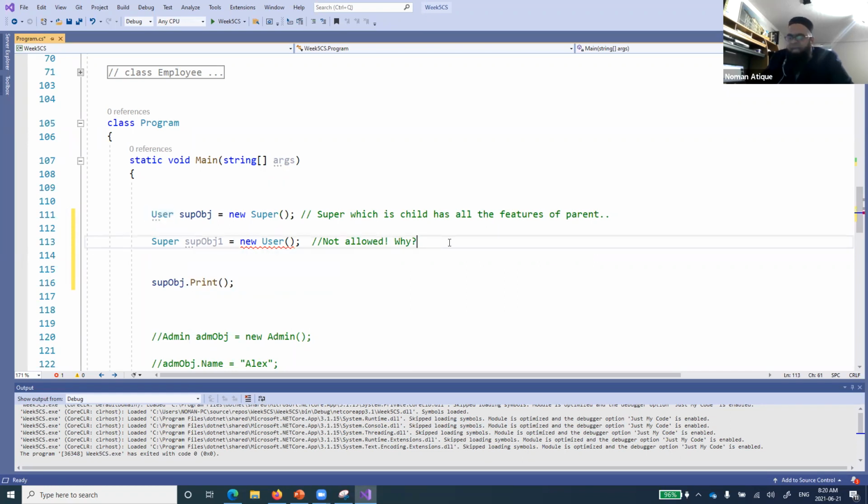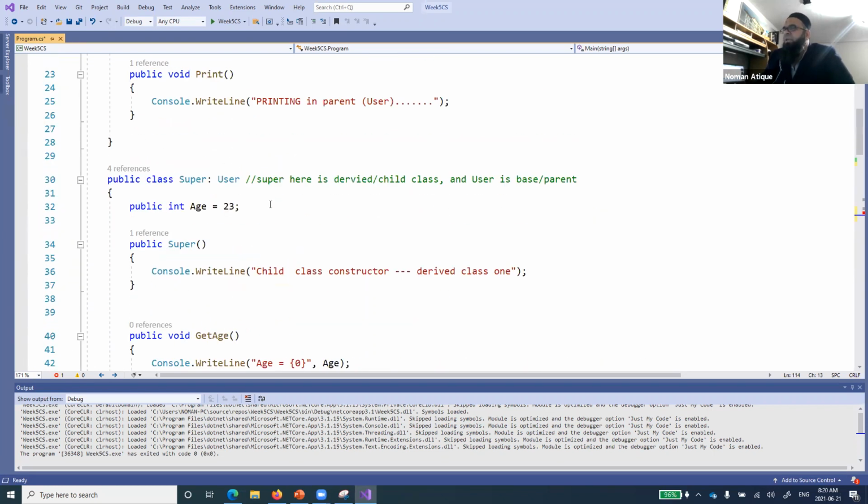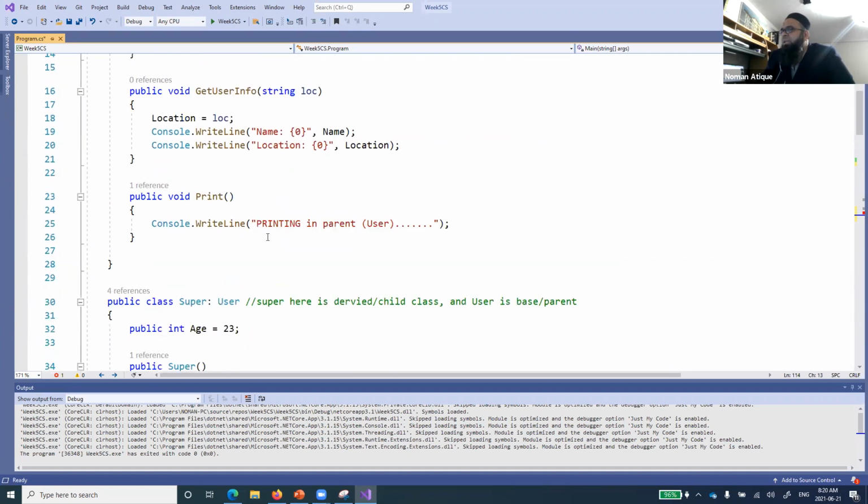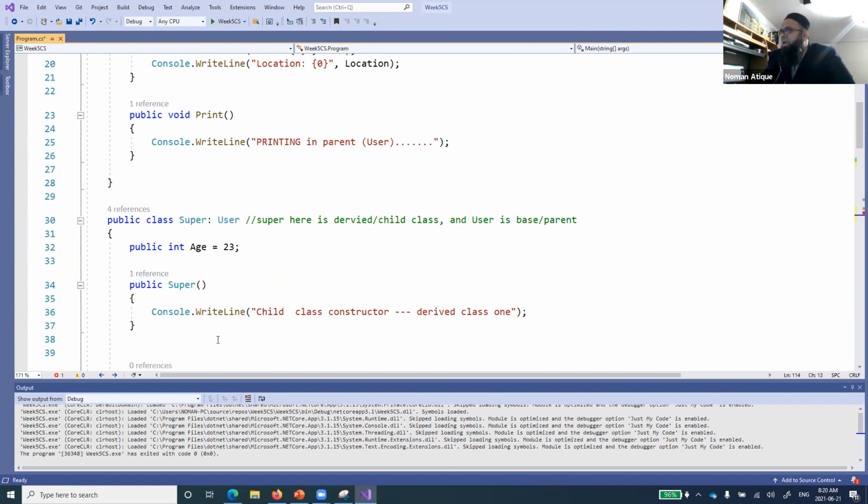Why? Because parent does not adopt anything from child. So this is a real world scenario as well. A parent cannot have all the features of the child. And you remember, we have seen that whatever is in this parent user class is all accessible in our child class.